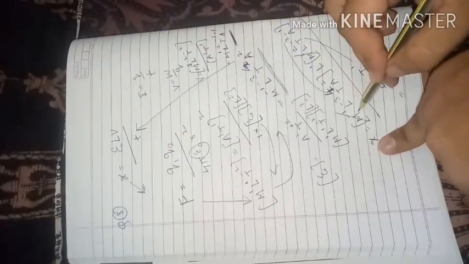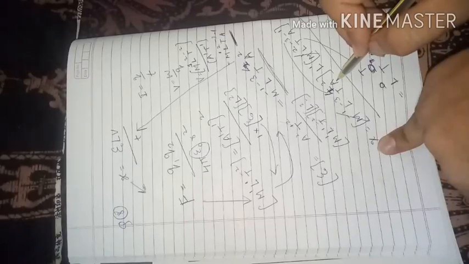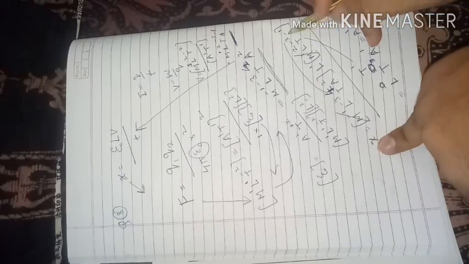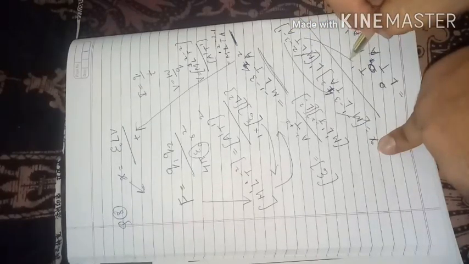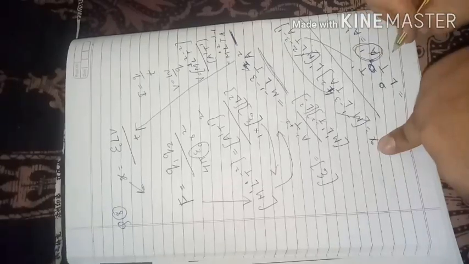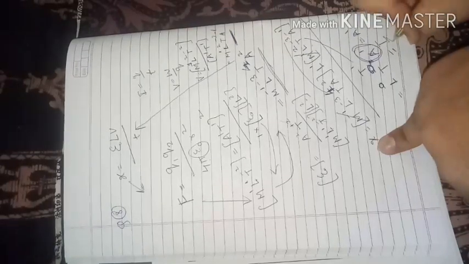So let us put it here. It will become m raised to 1, L raised to minus 3, t raised to 4, a raised to 2 in place of epsilon naught. L is the length, so L raised to 1. V is the potential, so it will be m1 L raised to 2 t raised to minus 3 a raised to minus 1, divided by time, that is t raised to 1. When you solve this, you will get only a raised to 1. That is the dimensional formula for current. So the answer would be current.